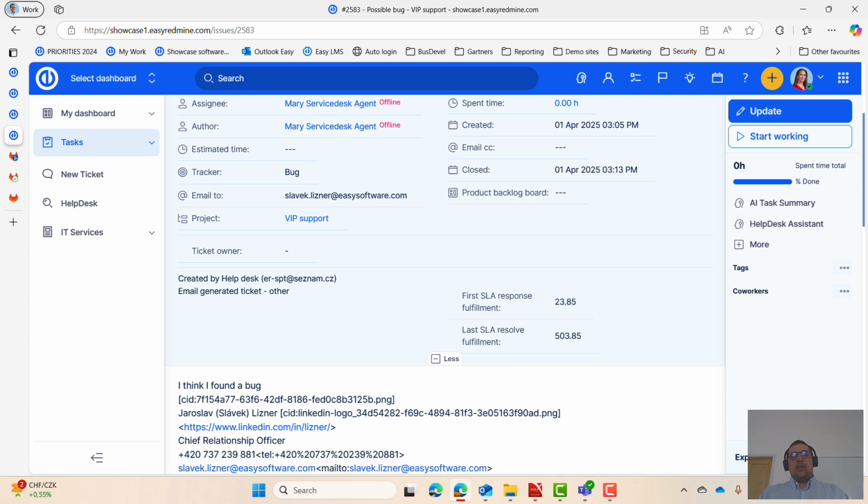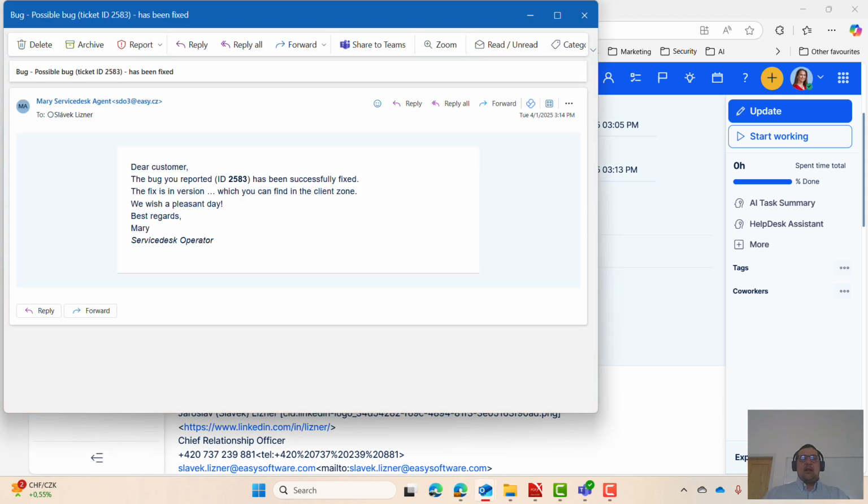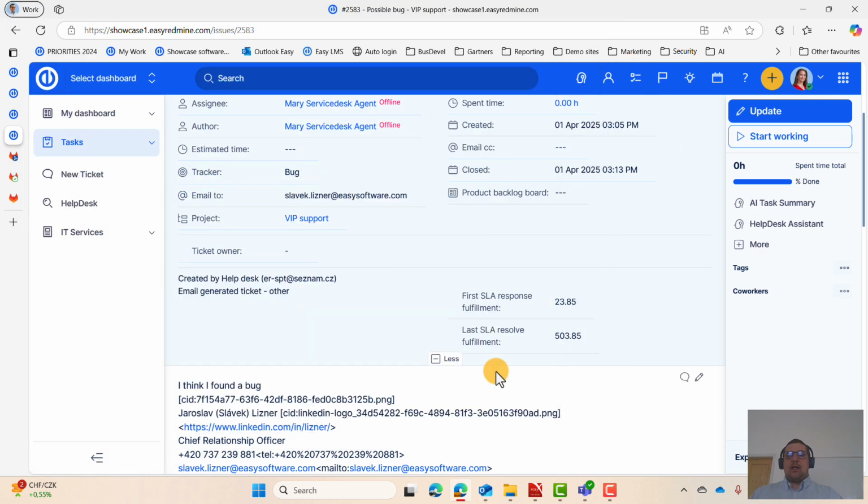In this one, we saw reception of a ticket, qualifying the ticket as a bug in a very simple way, passing the bug to the developers, how to easily set up a source code management application directly from Easy8, deliver the code, initiate testing, deliver testing, and deliver information to the client about the fix and when it will be deployed. And with this,